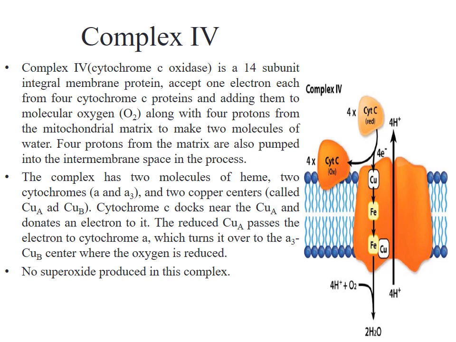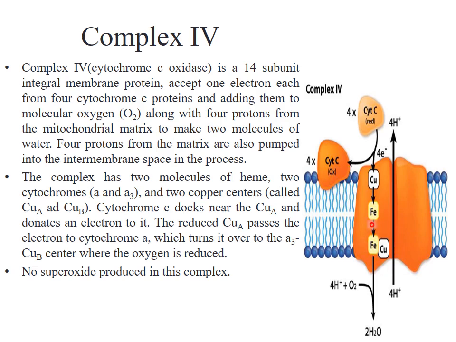No superoxide is produced in this complex, as you can see. This is the step when the electron transfer started from complex 1, where we see superoxide production chances. There are chances at complex 2 also. The chances exist at complex 3 also, superoxide production chances exist, but at complex 4 there is no chance of the production of superoxide. It means when the electron reaches this stage, there is no reverse process that will occur in the cycle.